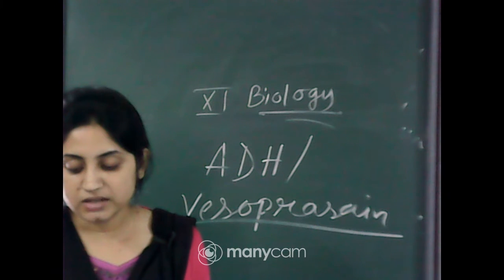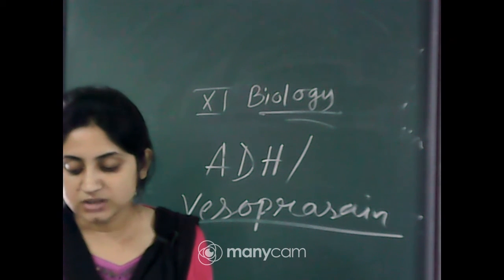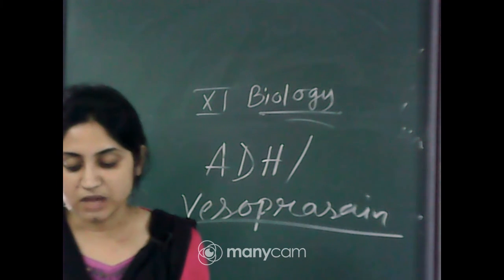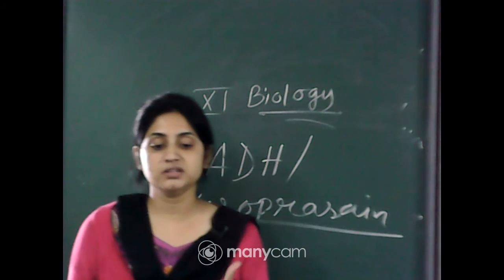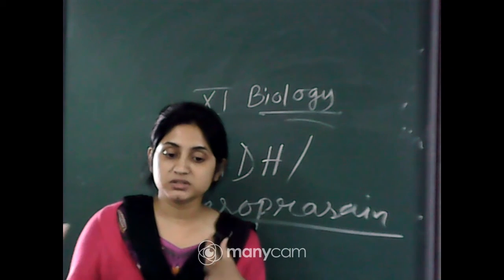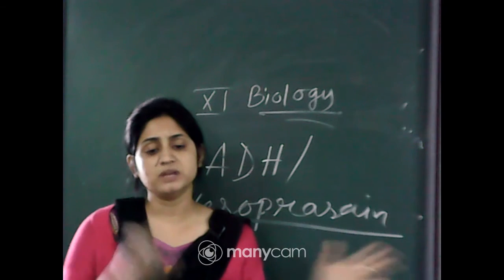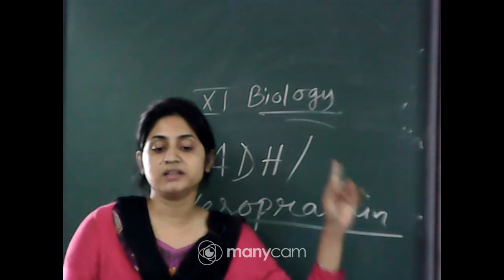ADH can also affect kidney function through its constrictory effects on the blood vessels. This causes increased blood pressure, and an increase in blood pressure can increase the glomerular blood flow, or GFR. So ADH, or vasopressin, when released in the body, increases the glomerular filtration rate. Actually, first it increases the blood flow. When the blood flow rate is increased, obviously the glomerular filtration rate also increases, and that is maintained by the ADH.